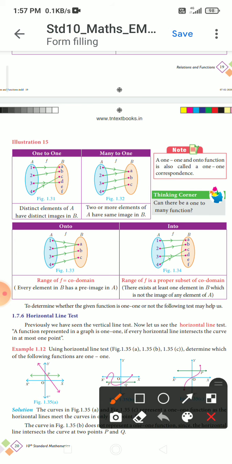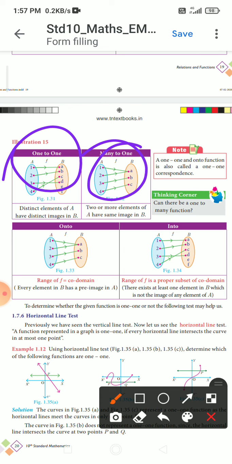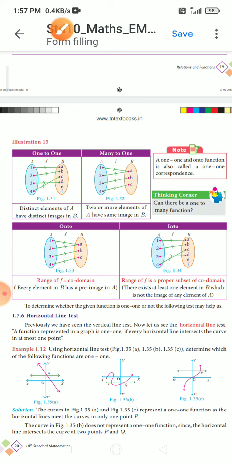In this example we have seen many-to-one functions only, but a one-to-many function is also possible. If a teacher teaches a mathematics lesson to 50 students, that is one-to-many. That is the example for a one-to-many function.